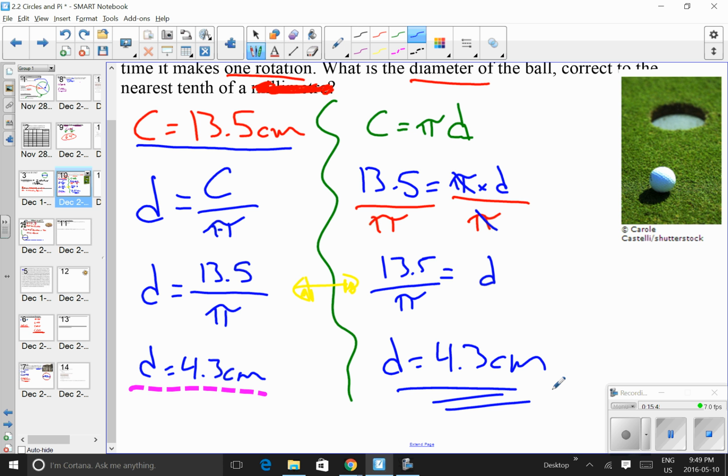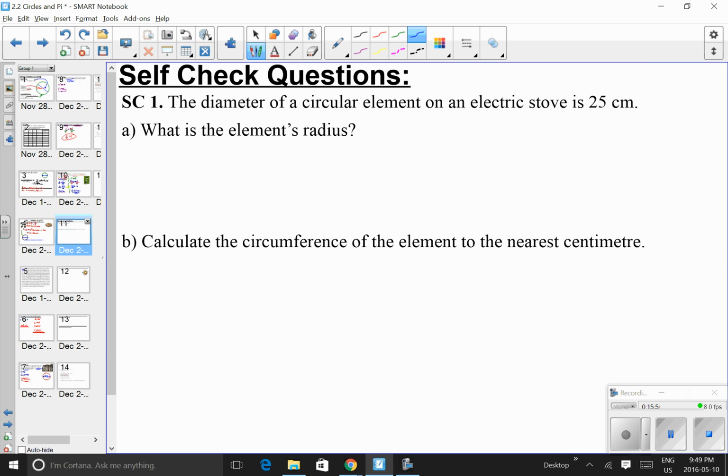Awesome. Alright, now check out these practice questions. Make sure to check your answers. They're all working with circles and pi. Alrighty, good luck. And like I said, ask me if you have